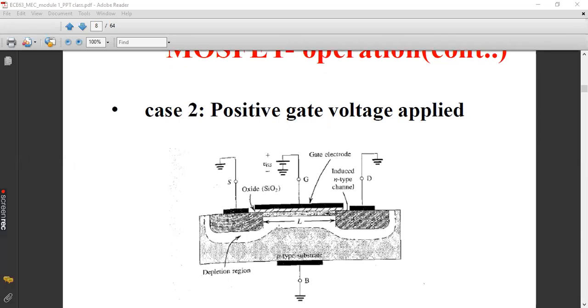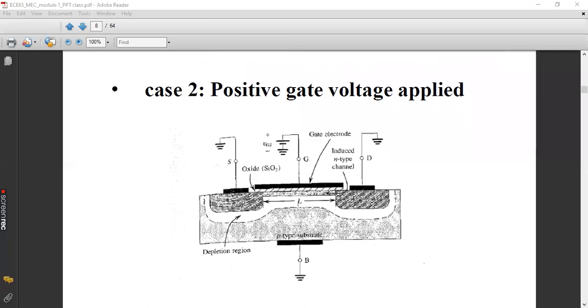Now, why has the N channel been induced there? Because you know that to the gate we are applying a positive voltage. So this positive voltage will attract the electrons, which are the majority carriers of the N plus regions, because in the source and drain you have already taken the N plus regions, right? Apart from that, in the p-type substrate you have the minority carriers, that is electrons only. So these electrons will get accumulated just below the SiO2 layer because of that attraction, isn't it?